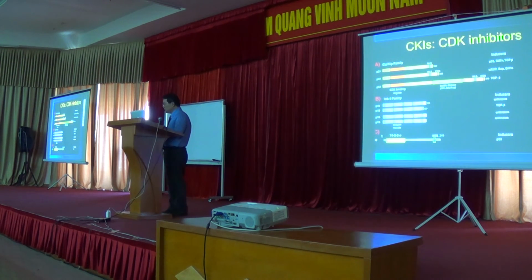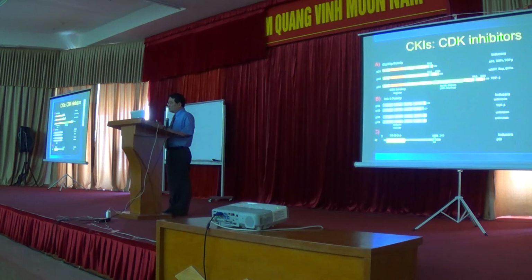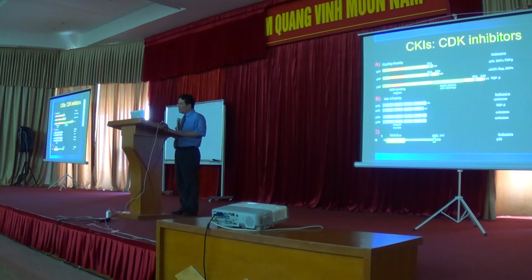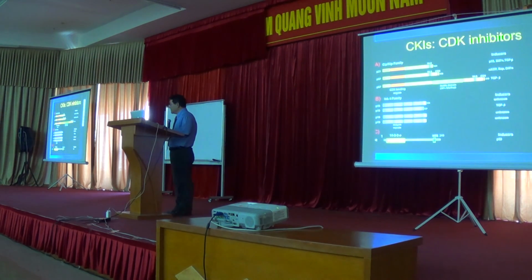P27 is usually induced by the differentiation process. When a cell commits to differentiation, the first thing it does is withdraw from the cell cycle. So in order to withdraw from the cell cycle, the cycle needs to be stopped. And in order to stop the cell cycle, they induce the P27 gene for that purpose. TGF beta also has a role in inducing P57. There's another protein called 14-3-3 sigma, very